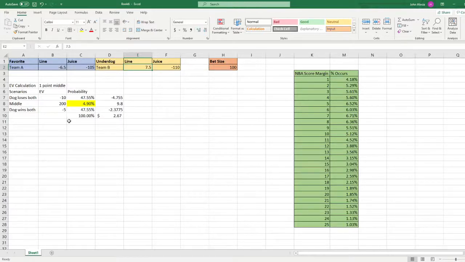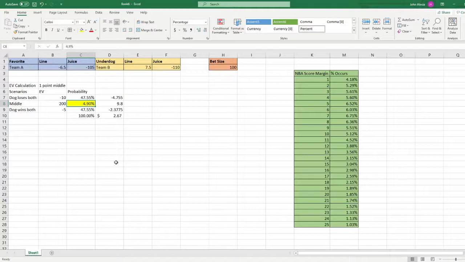we're just going to work on middling. Now, of course, in the NFL, these numbers are going to be fairly different on the significant numbers. Numbers like 3, 4, 7, 10 in the NFL, those are significant numbers. There's a reason that sportsbooks are reluctant to move off of the 3 on big games like the Super Bowl, because they don't want to open themselves up to a middle, because the potential for a game landing on 3 is much higher than other numbers in the NFL. But I wanted to show you this as an example where 7 is one of the most likely numbers in basketball to come out, just how hard it is really to hit a middle and